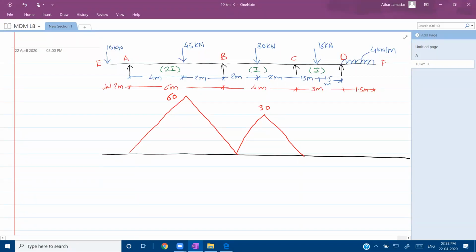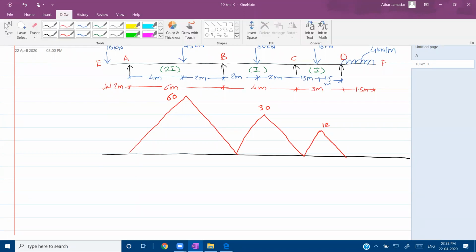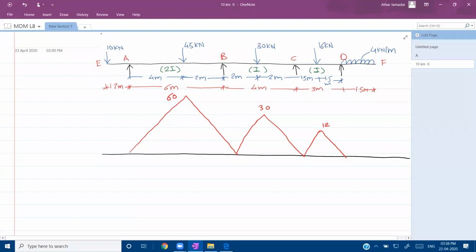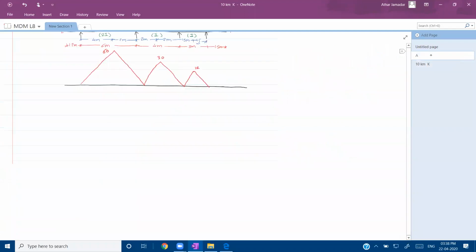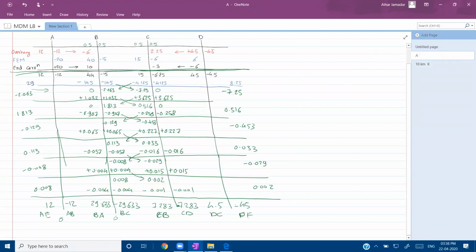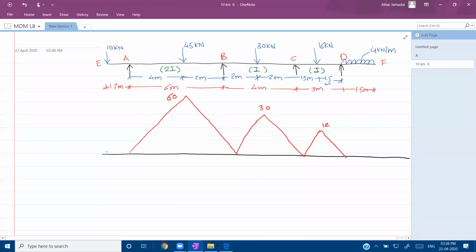Span moment CD is 12. So these are span moments. Now MAE, for span AE, E is the left support, A is the right support. At E moment is 0. At support A, which is the right support, first on the left hand side of A, moment is positive 10. So right support, positive moment above the baseline. So it will start from 0 and go to 12 at A.